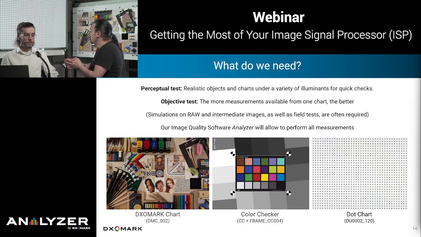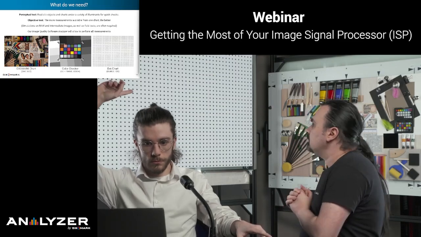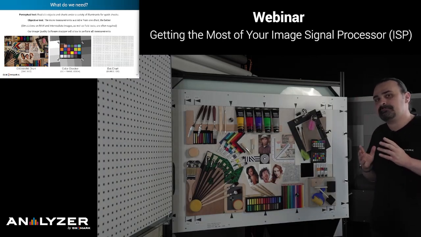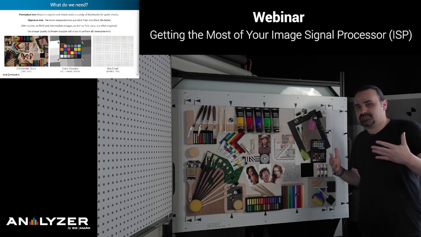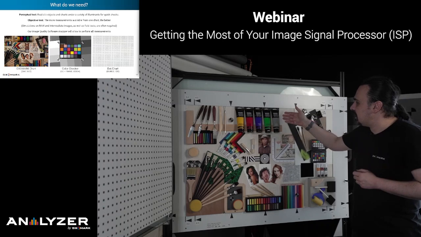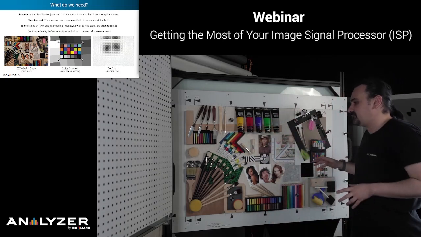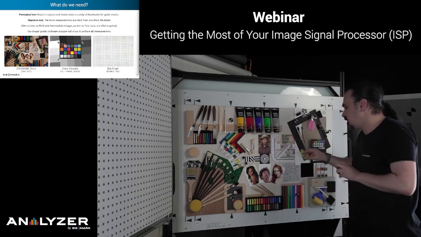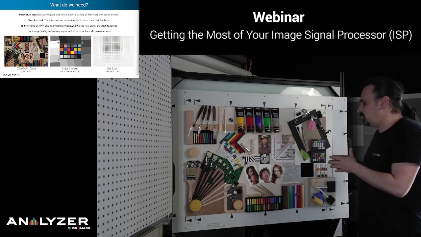Another objective chart that I'm going to use is the dot chart, which is also pretty standard. And finally, we have this one here, which is a bit more particular. It's something we designed here at DXOMARK, and it's our perceptual target chart. As you can see, this is not something that is printed. These are actually physical elements in 3 dimensions. And we have, so to speak, a little bit of everything. We have some uniform parts and some more detailed parts, and we have faces, and we have text, contrast and color, and so on and so forth. The idea being that